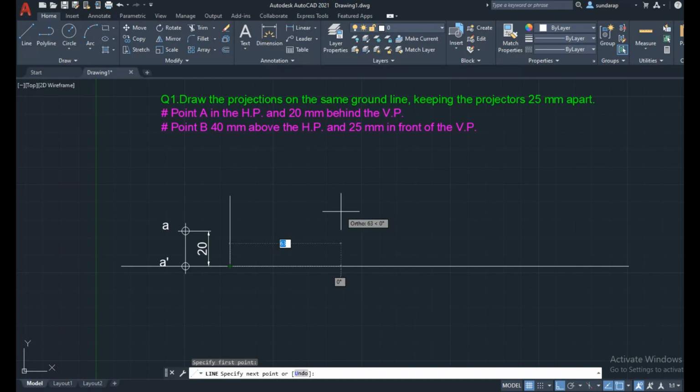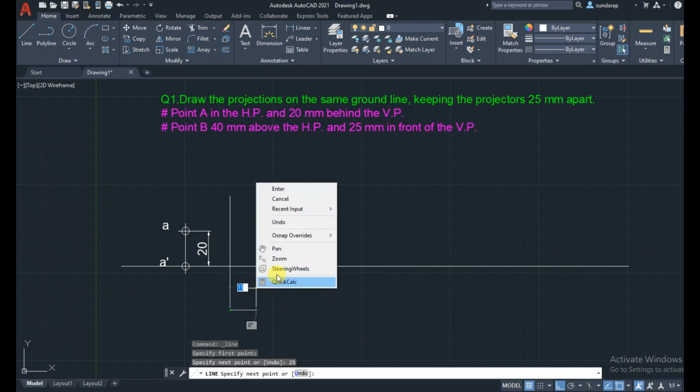When we look from the top, we obtain the top view on the horizontal plane. When we rotate it 90 degrees clockwise, we obtain the same distance in front, below, as the top view. The vertical plane is a fixed plane. Once again I repeat, the vertical plane is fixed and the horizontal plane is always the rotating plane.